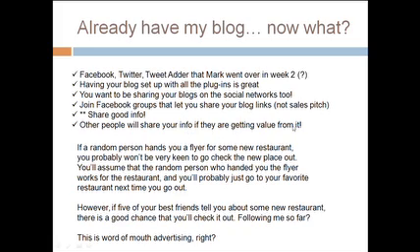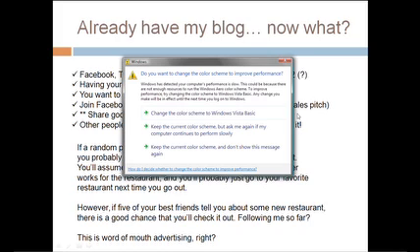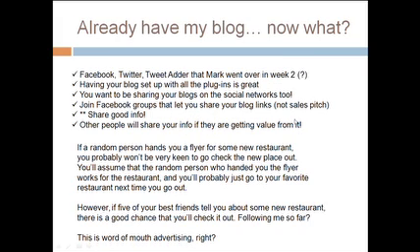So if a random person hands you a flyer for some new restaurant, you probably won't be very keen to go check the new place out. You'll assume the random person who handed you the flyer works for the restaurant. You'll probably just go to your favorite restaurant the next time you go out. But if 5 of your friends tell you about some new restaurant, there's a good chance that you'll check it out. So this is word of mouth